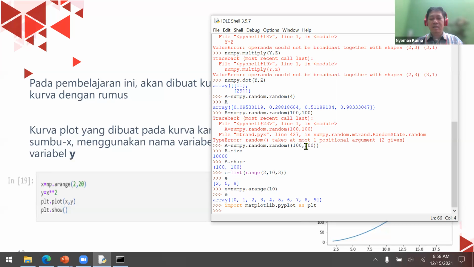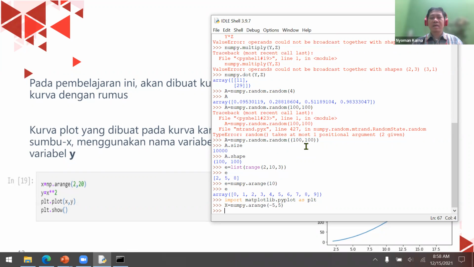Let's say x is numpy dot arange. Let's say I'm going to start from -5 to 5. Okay, and then y is x squared, x power of 2.